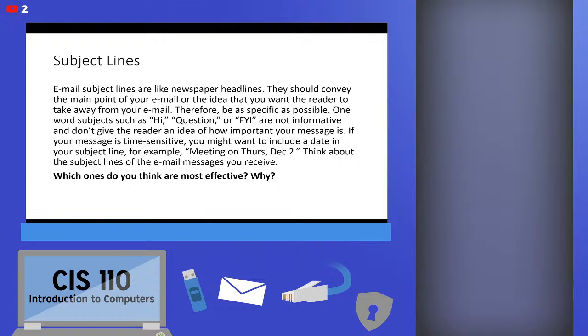These are important. We want to treat these like newspaper headlines. This should kind of get your reader's attention a little bit. Tell them the main point of your email, or the idea that you want the reader to take away from your email. Right? So we want something that's kind of descriptive as our email subject line. Stuff like hi or question or FYI just on their own are not very good email subject lines, because they don't give your user, or rather your reader,